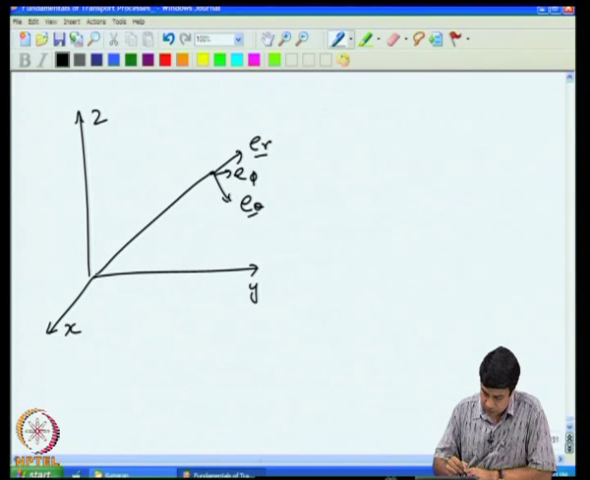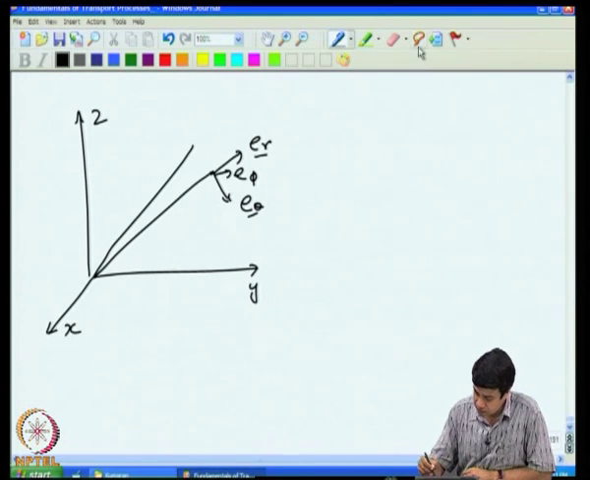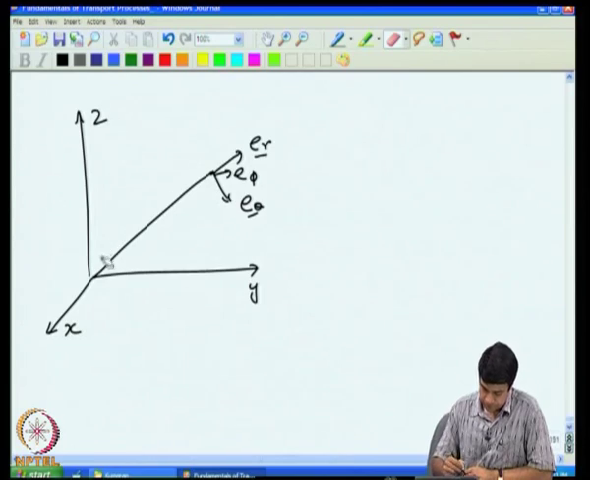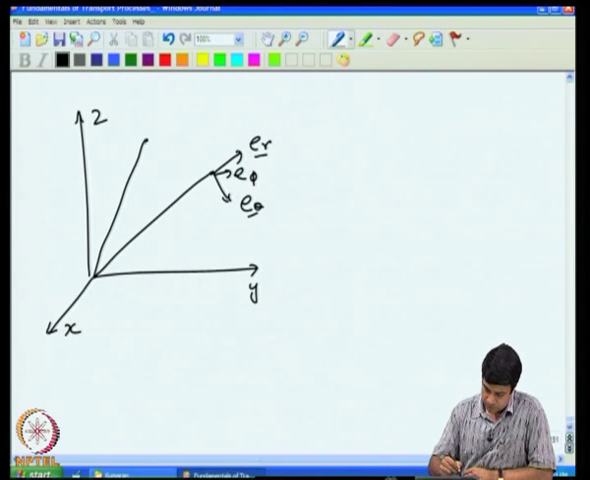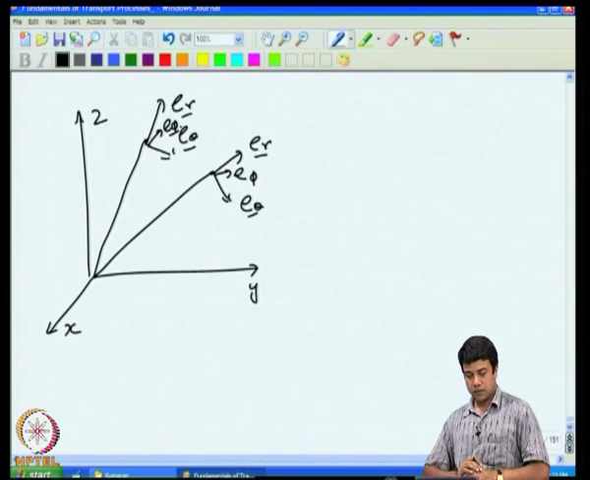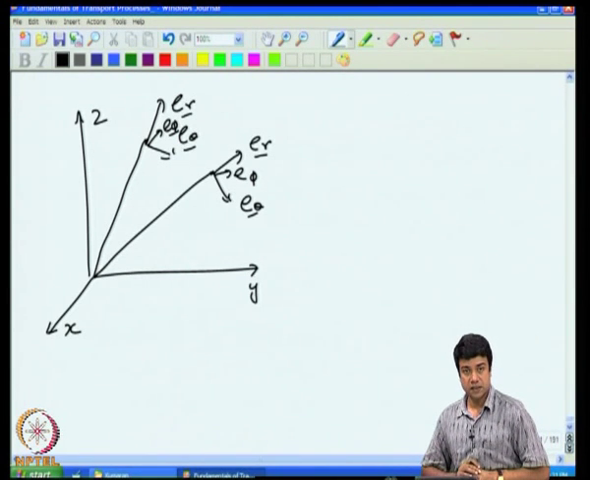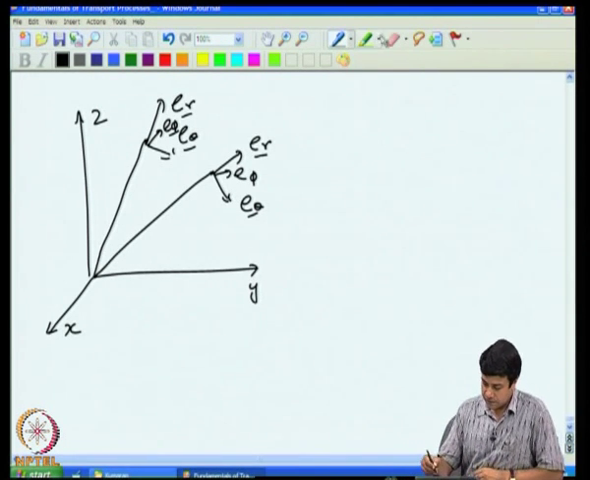Okay. This is at one location. If I go to some other location, this is E_r, this is E theta, and this is E phi. So, the unit vectors themselves are changing with position in the spherical coordinate system. That means that when I define